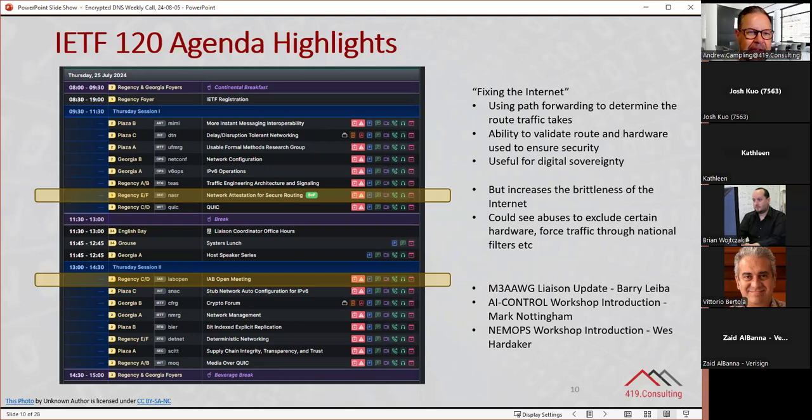network attestation for secure routing BOF, NASR, which I found a really interesting session. I hadn't had a chance to look at it previously, so I went to it with a very open mind.